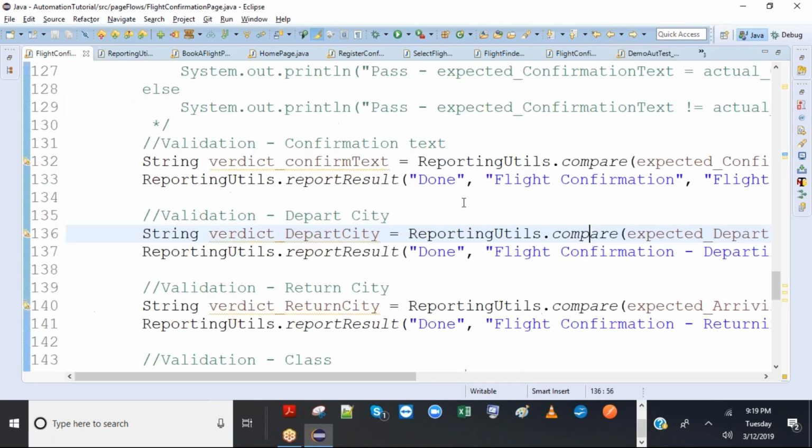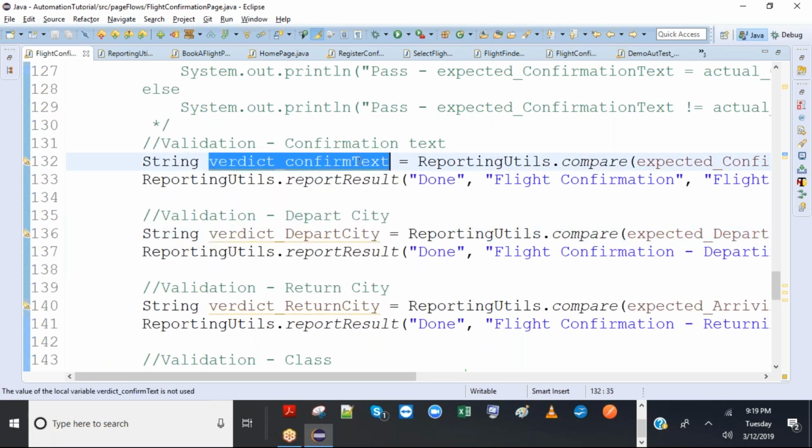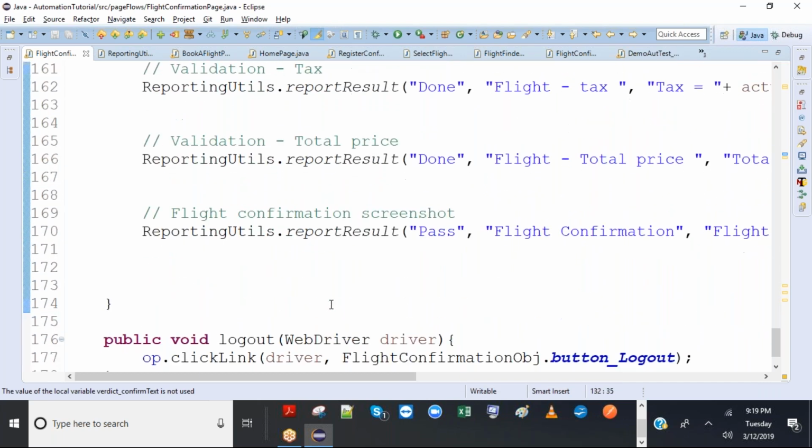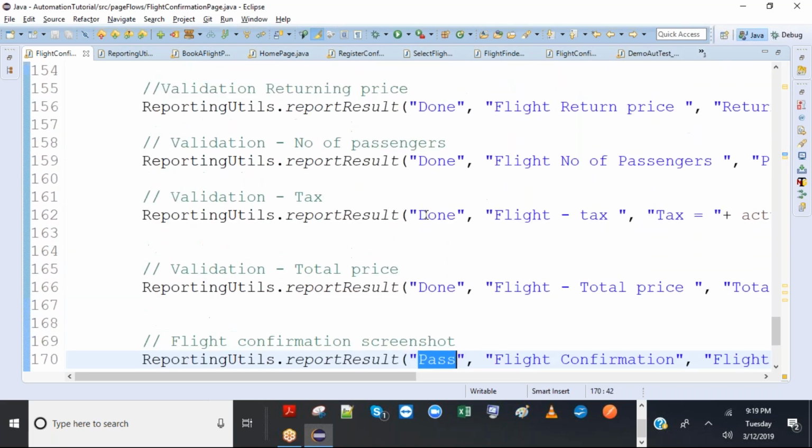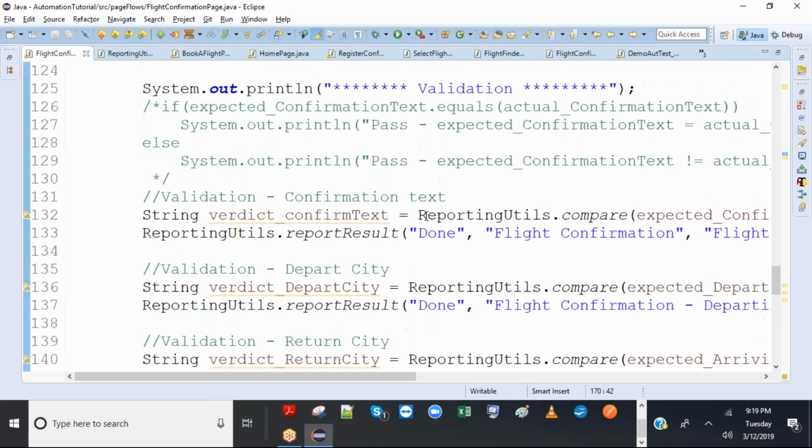So your homework is to store these, and already these are stored in string variables. If this is pass, this is pass, and this is pass, only then you pass it as pass; otherwise fail. If at least one fails, then you pass fail. So create that logic and pass it dynamically. That's your homework. Think and pass.